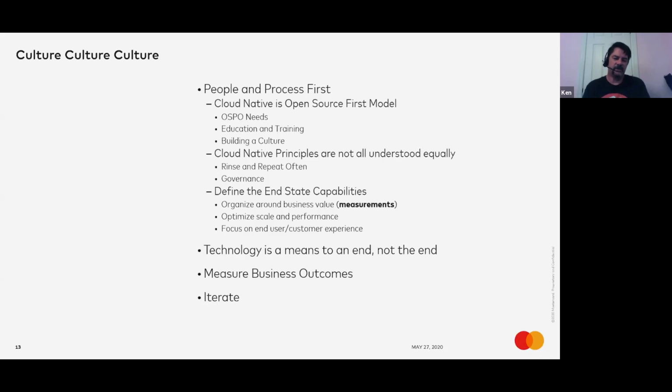The next thing is looking at technology, because we are engineers, we are technologists, we love technology, right? It's important though that you look at technology through a lens that it's a means to an end, but it's not the end. It will help you accomplish your business goals, but you can't get so coupled to a technology that it becomes the only thing you're focused on, and you lose sight of the business value you're trying to deliver. Then you obviously want to measure your business outcomes, both from the in-state capabilities you're trying to deliver and from the technology you're using to deliver that, and then continually iterate on top of that.